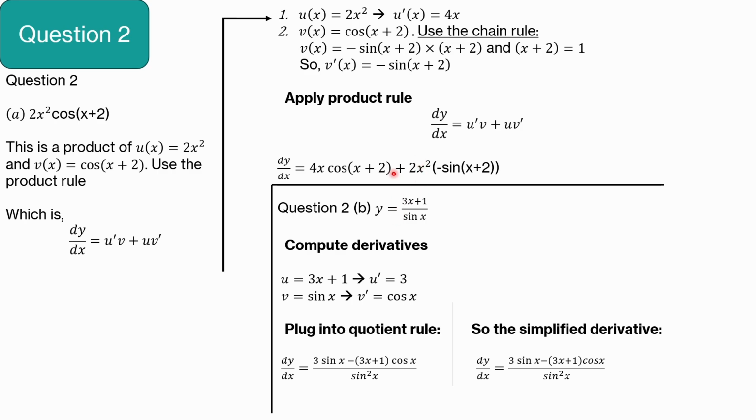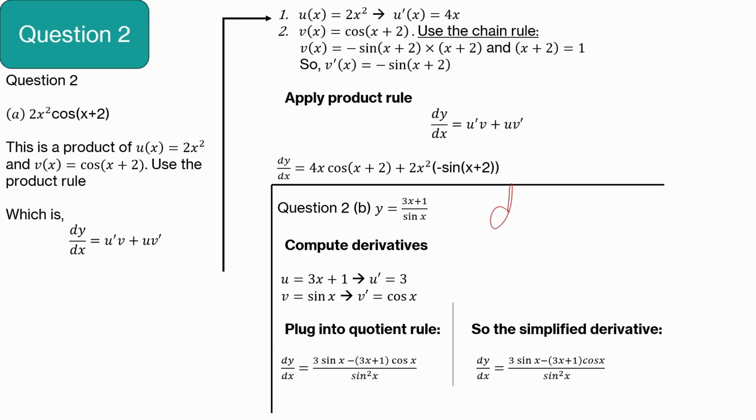And then for question 2b, given y equals 3x plus 1 over sin x, what we're going to do is compute the derivatives that we did earlier. So u equals 3x plus 1, and u prime equals 3. And then v equals sin x, and v prime equals cos x. So we plug it into the quotient rule, which is, if I remember,